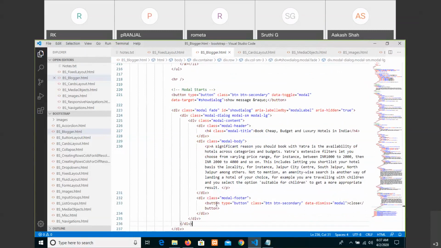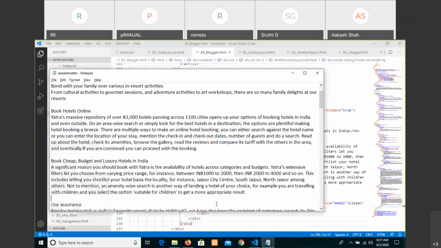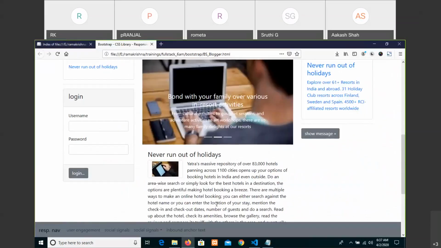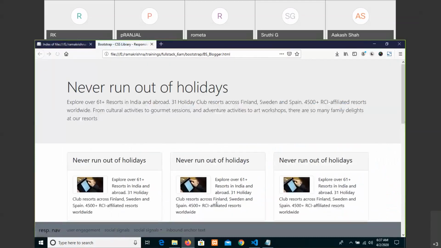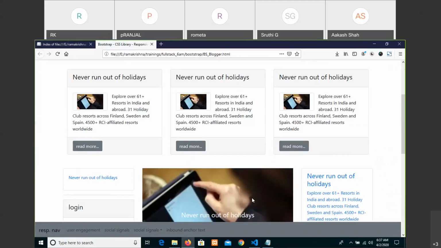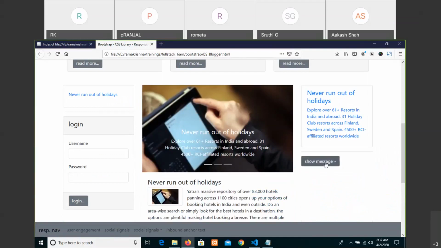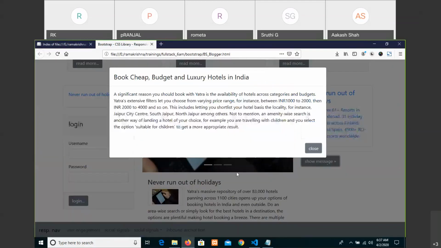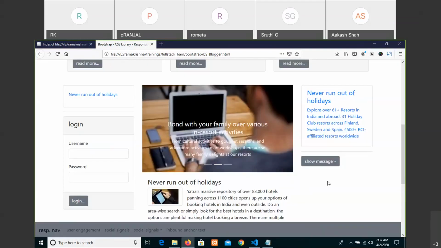So overall we are done. Then when you click on this, it's opening the dialog box and closing. Okay, now we are done with the required things, and now